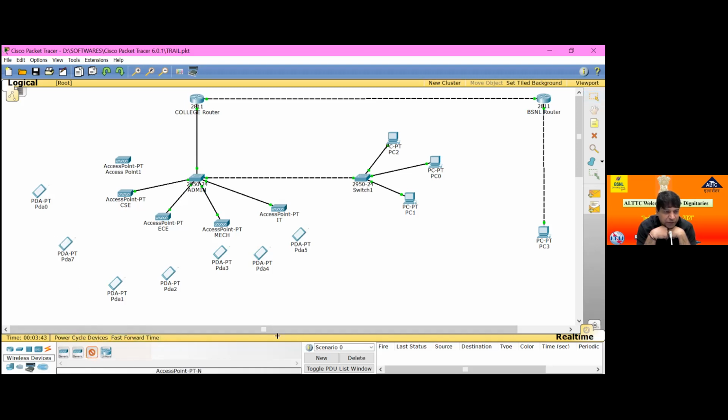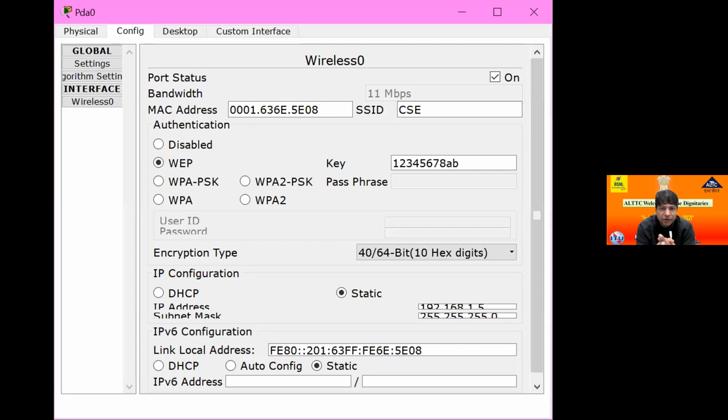Just click on mobile phone and remove wireless facilities. SSID. I want to see the screen of the PDA 0. Yes. Just disable WEP, disable. SSID is the default.